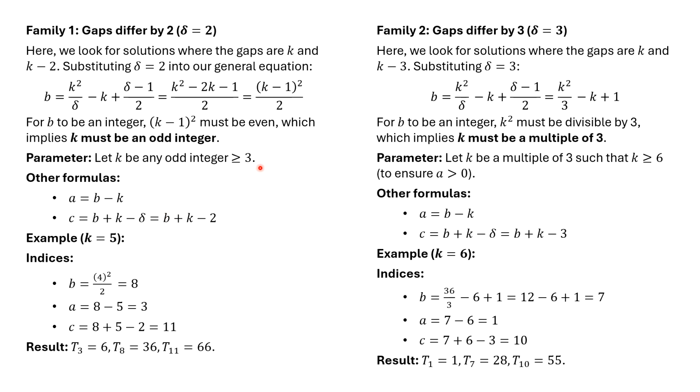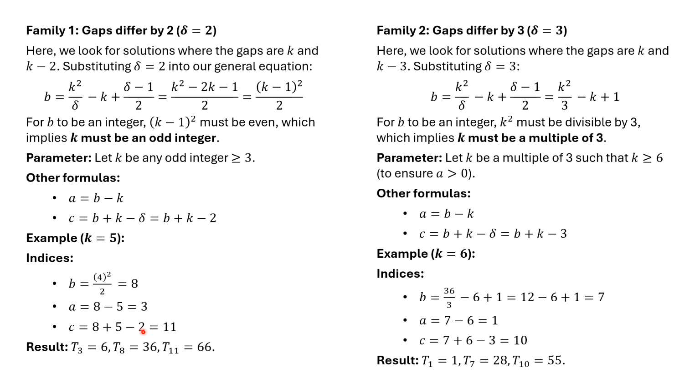Okay, so we'll take one example. Let's try k equals 5. We get b, let's see, for k equals 5, this is 16, divided by 2 is 8. Then for a, it's just b minus k, so 8 minus 5, 3. And then c is 8 plus 5 minus 2 is 11. And you notice the gap between the indices for a and b is 5. And then between b and c, it's 3. So the difference in the gaps is